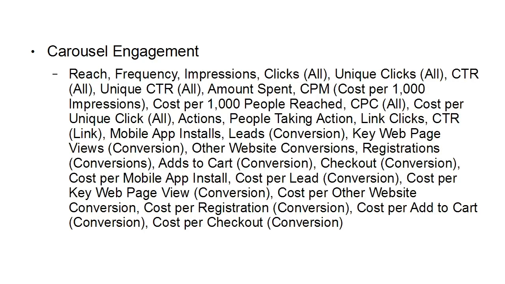Then there's carousel engagement if you're running a carousel ad. Bear in mind, not all of these statistics that we're going to go through here are going to apply to every single type of ad. So this is to do with carousel ads and carousel engagement, and that includes the reach, frequency, impressions, clicks, unique clicks, CTR, unique CTR, amount spent, CPM, that's cost per 1,000 impressions if you're going that way, cost per 1,000 people reached, cost per click, cost per unique click,